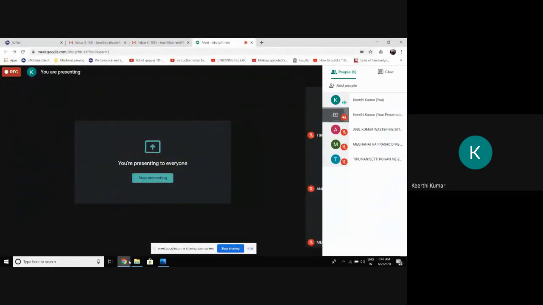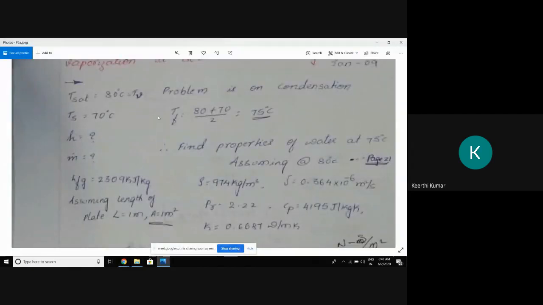If you go to the data handbook, under condensation, there you can find T_sat, or it is also called T_v. T_v is nothing but T vapor. The vapor temperature is 80 degrees, or it is also called the saturation temperature, 80 degrees. Then T_s. T_s is nothing but the surface temperature. The surface temperature is T_s. The steam or vapor temperature is T_v. Concentrate on these two notations. I have taken these two notations from the data handbook only. T_v indicates the fluid temperature. T_s indicates the surface temperature of the plate.